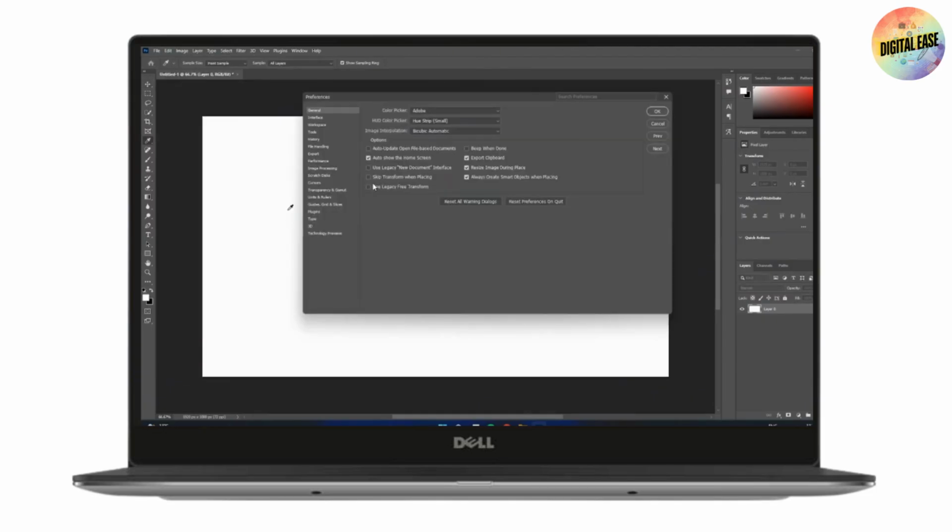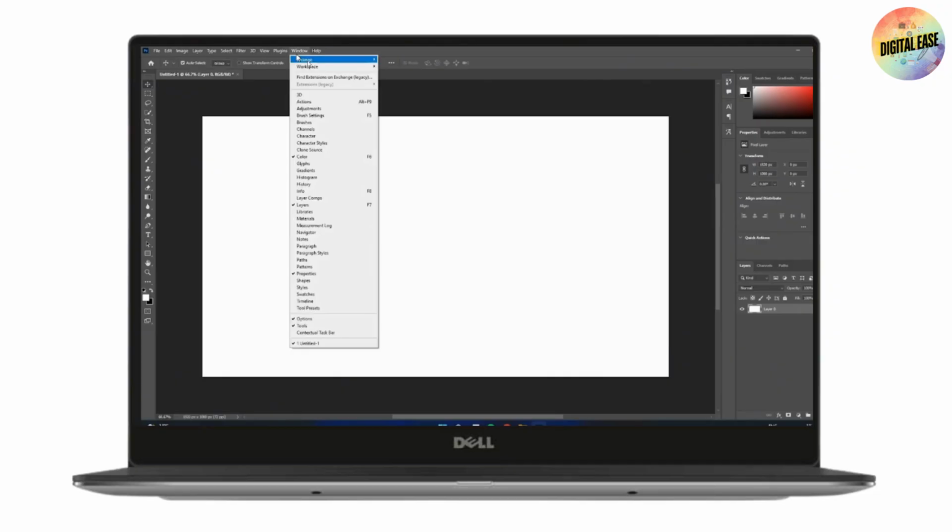And inside the general, you'll get this kind of interface, right? So you just need to simply go with reset preferences on quit. You need to click on that and then click on OK. Confirm the changes. After that, access the Windows feature from the top of your screen and make sure to reset